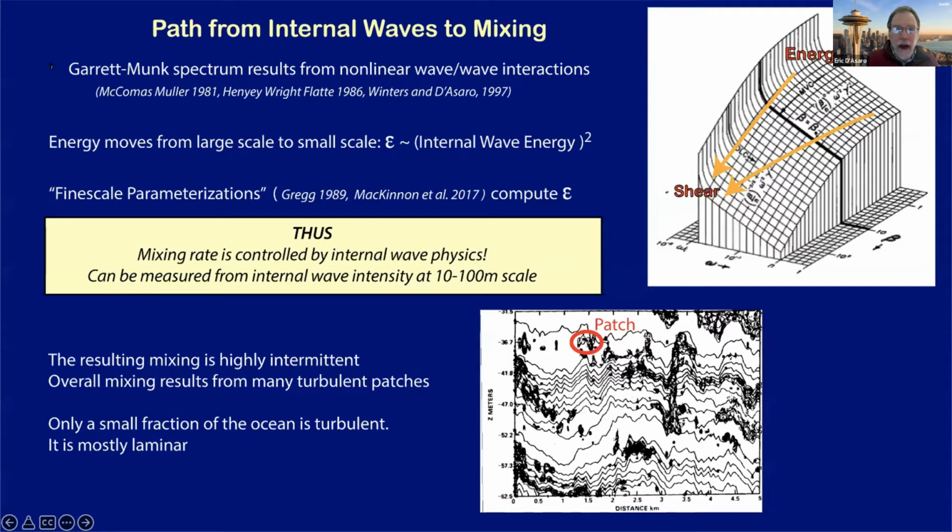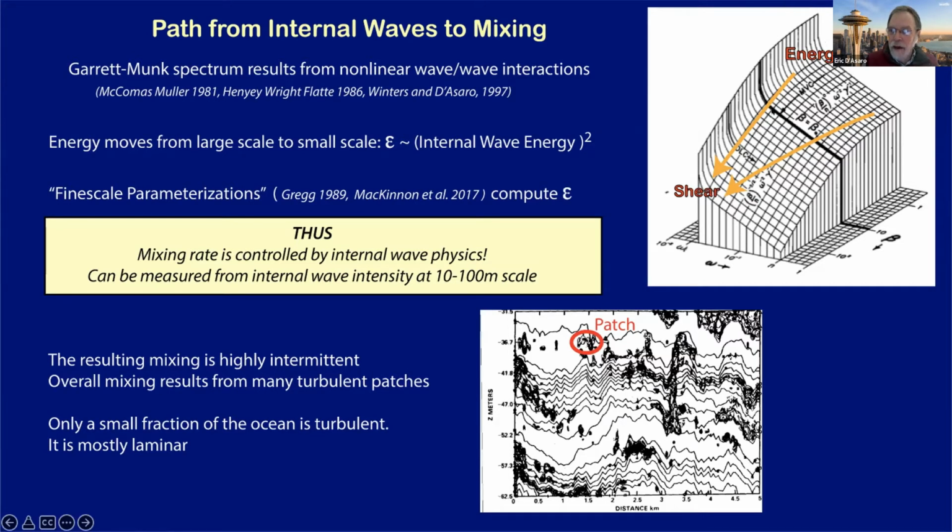So how do you get from internal waves to mixing? Well, the Garrett-Munk spectrum, it turns out, is shaped by nonlinear wave-wave interactions, quasi-linear, third order. There are a bunch of papers on that, and that work is continuing both numerically and analytically. It's an important area. And the way that energy moves is from where the energy is up at near inertial